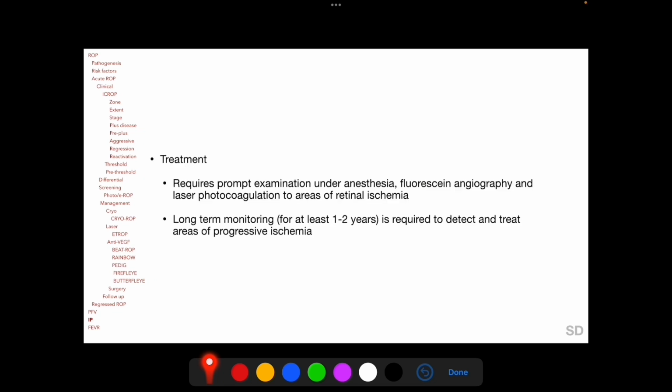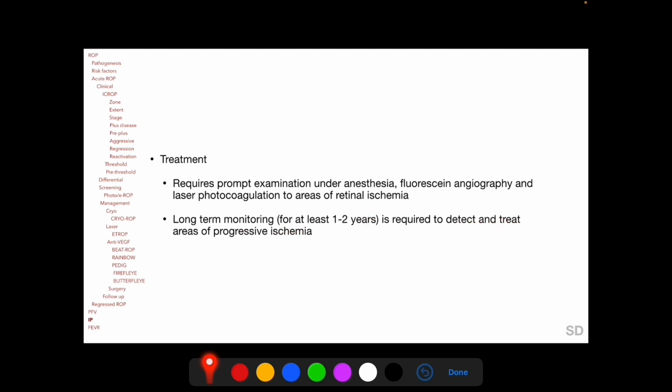pigmenti. Patients with incontinentia pigmenti require prompt examination of the fundus under anesthesia, fluorescein angiography, and laser photocoagulation to areas of retinal ischemia, and require long-term monitoring for at least 1 to 2 years to detect and treat areas of